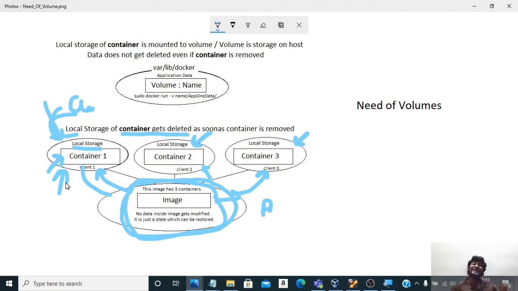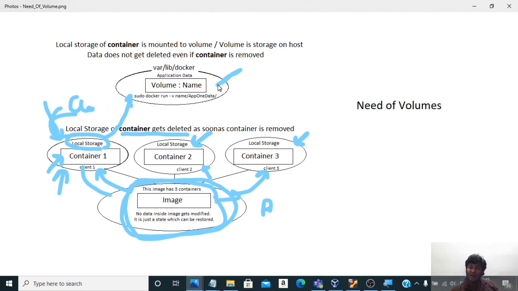Why exactly are containers used? Containers are used so that we can start them and delete them anywhere. If you want to start a service, we just start the container. If you want to delete the service, we just delete it. So this saves our resources, right? But how can we make sure that this local storage data is not deleted? What we will do is mount this local storage to another storage on the host machine. So this is a volume.